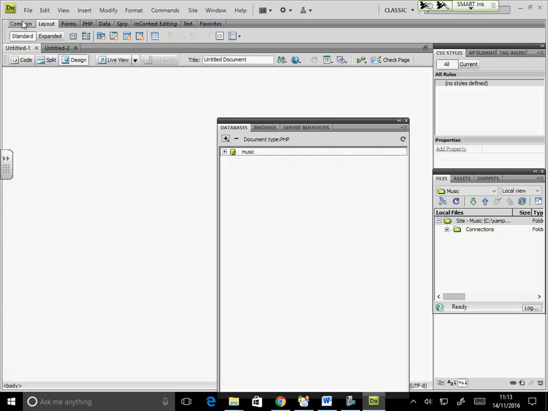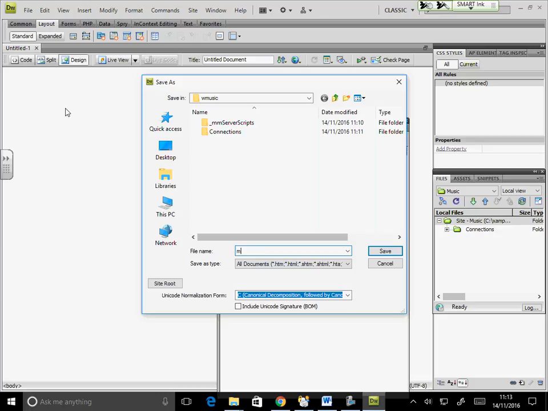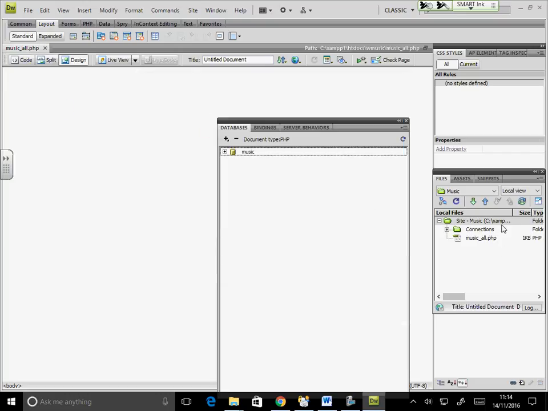One, I'm going to close the HTML page. I don't need that. This one, file, save, and I'm calling it music all. Is that okay? I'm calling this file music all PHP. Is that understandable?